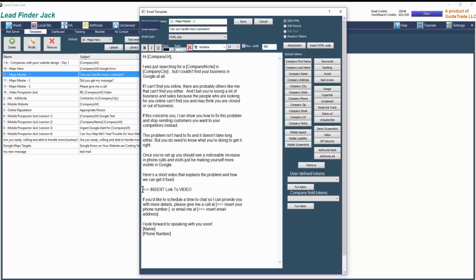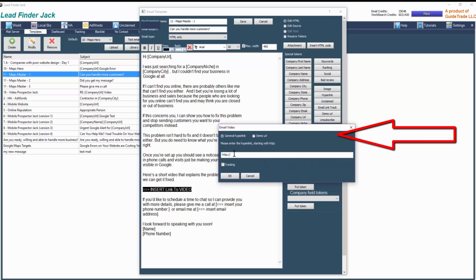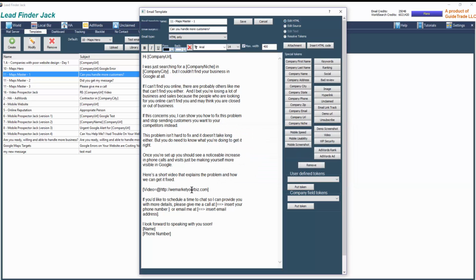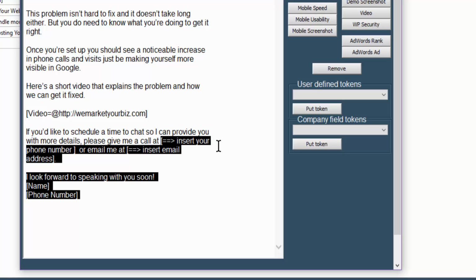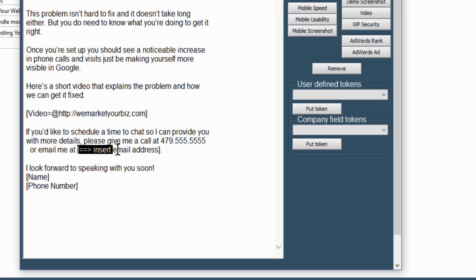And here you can insert the video link, and this will be for the Maps Master video, so you'll send them to your website. You can add the tracking to it, and this will let you know when somebody clicks on the link to your video. So you're going to put your URL or whatever site you're going to send them to and click OK. And whenever you see this sort of thing here, it means you need to delete this information and enter your information. So insert your phone number and or your email address,